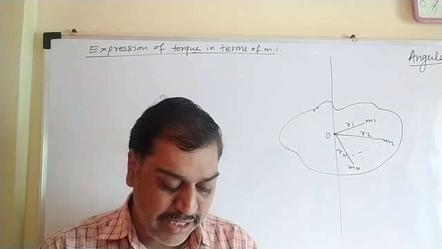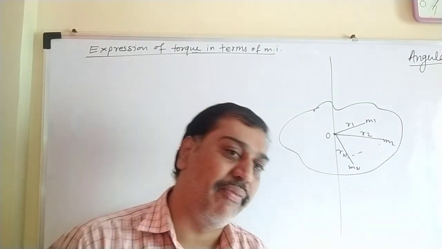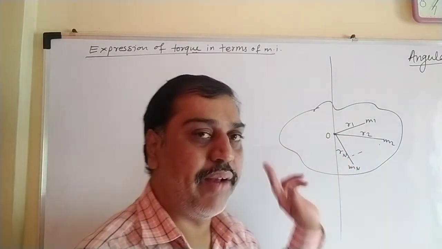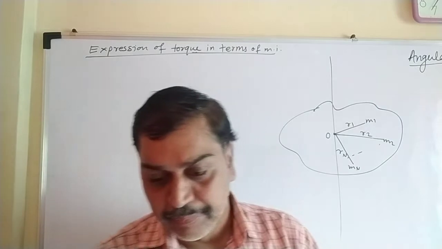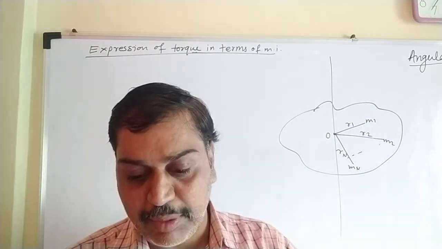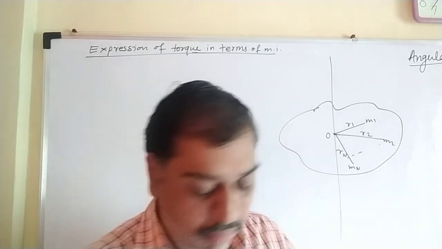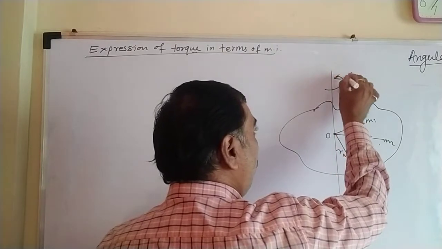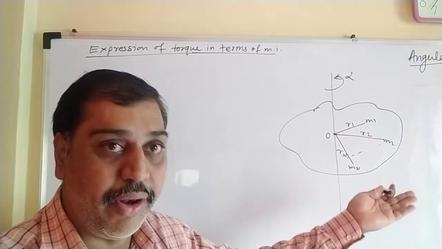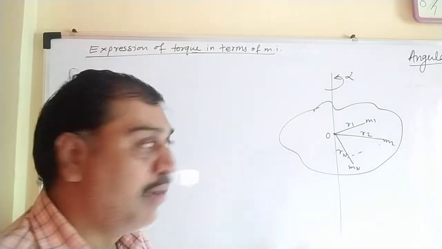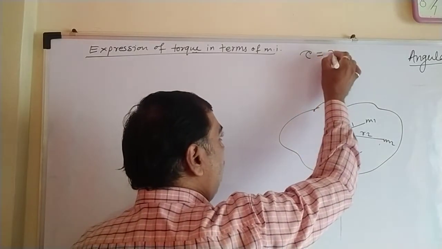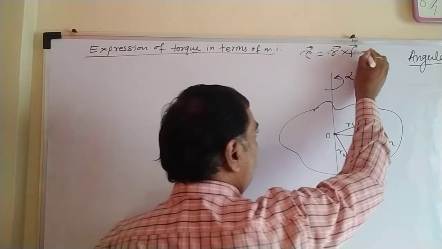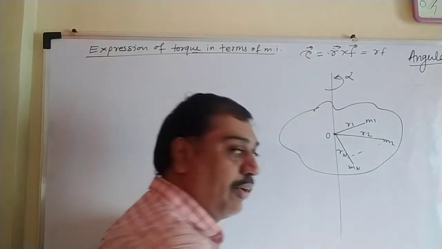So let us consider the same rigid body here consists of n number of masses M1, M2 and M3 so on up to Mn, and they are kept at distance of R1, R2 so on up to Rn from the axis of rotation. Now here we have to consider what? Expression for torque. So if you remember, what is the equation for torque? Tau equal to, just equation for torque, here we should consider angular acceleration. Initially we have considered velocity, here we have to consider acceleration, because we know torque equal to r cross F in vector form, or simply r into F if theta is equal to 90.